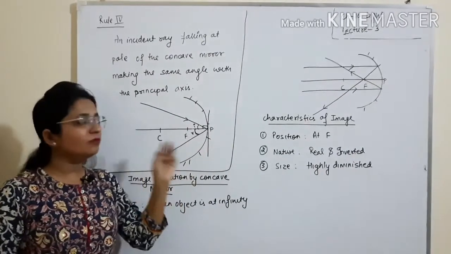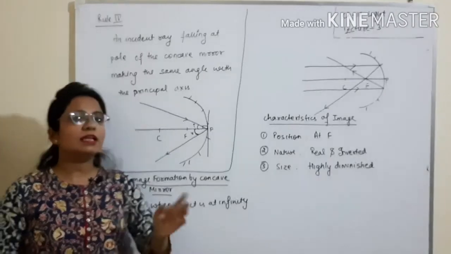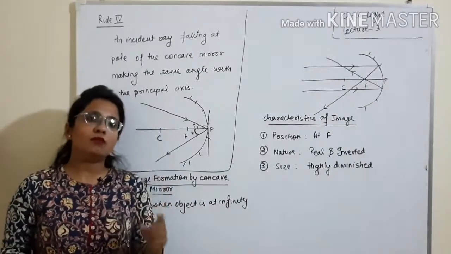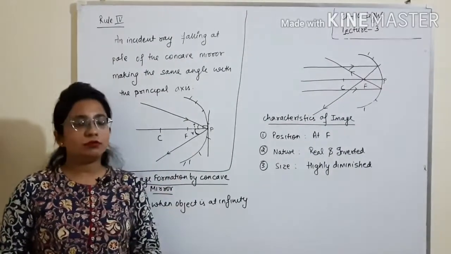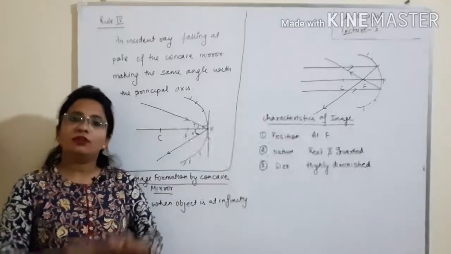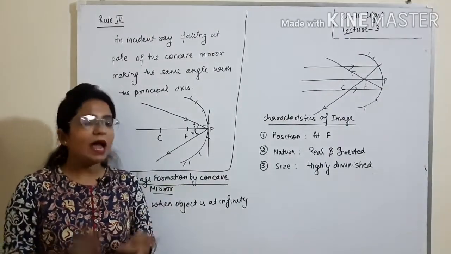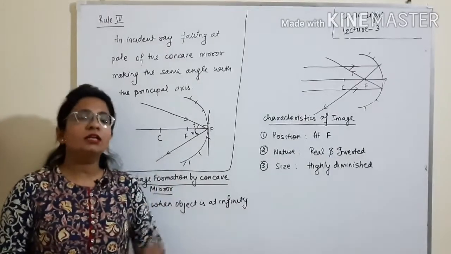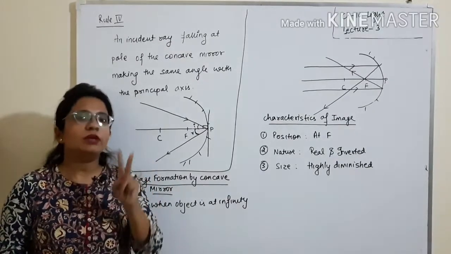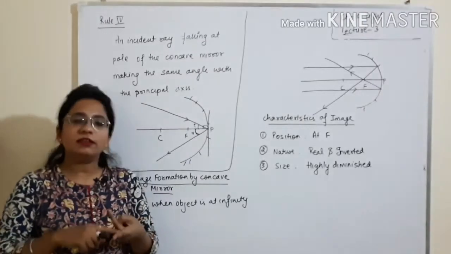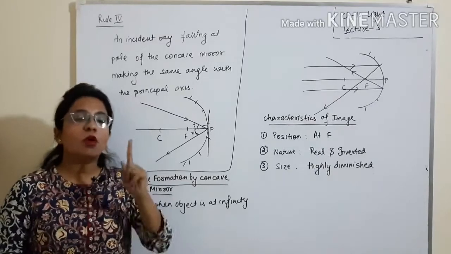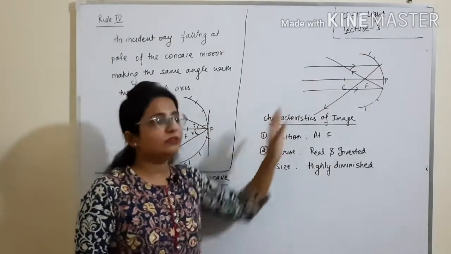On the basis of these 4 rules, you can easily make any of the ray diagram. You will be given the position of the object and you have to tell the position of image, size of image and the nature of image formed. How can you do that? You have to take 2 incident rays, means obviously there will be 2 reflected rays. For instance, first ray you will always choose parallel to the principal axis.